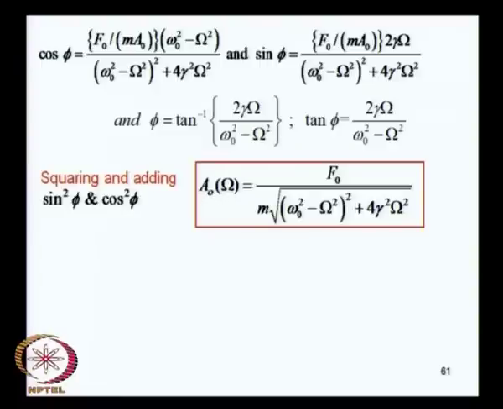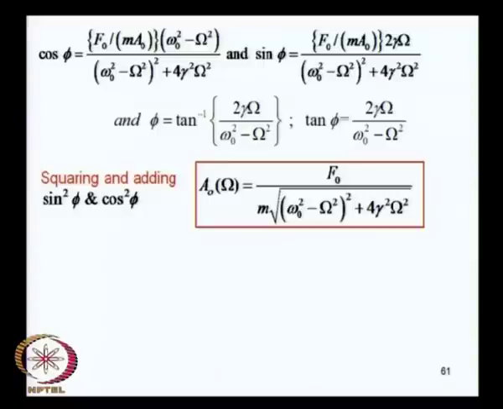So, if you apply this driving force, you think of Yashoda Mata rocking this cradle, and if she rocks it at a different frequency, this amplitude is going to change. So, this A0 is dependent on omega. So, you write it explicitly as a function of this omega,